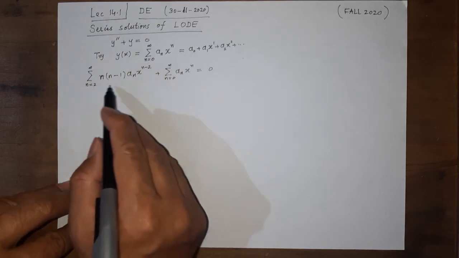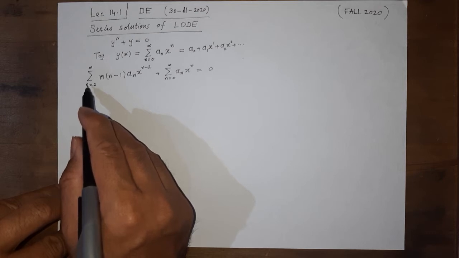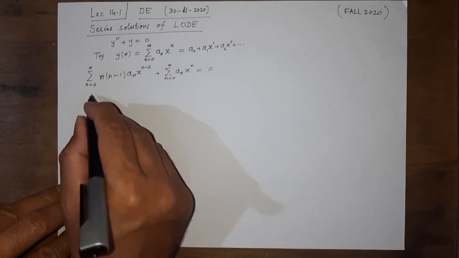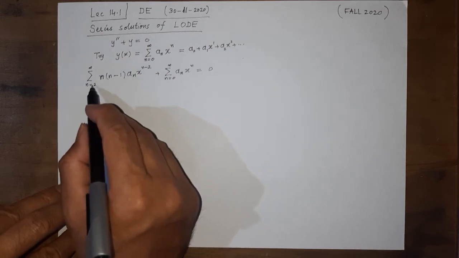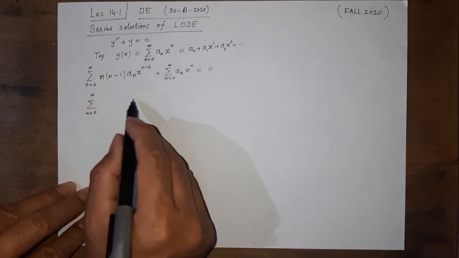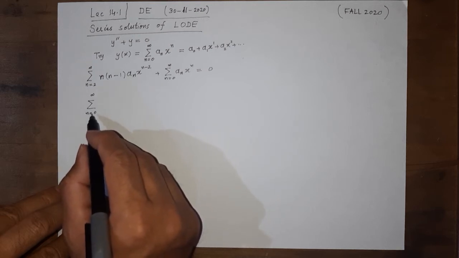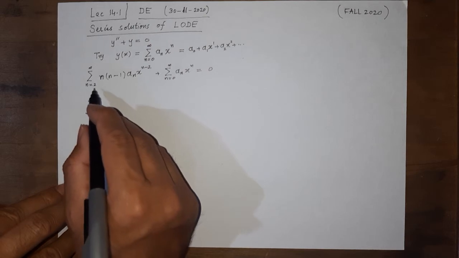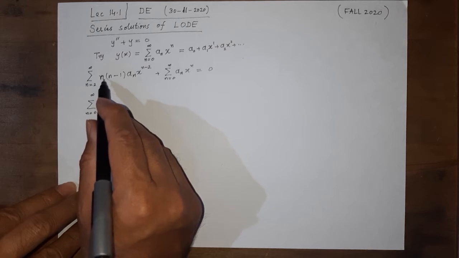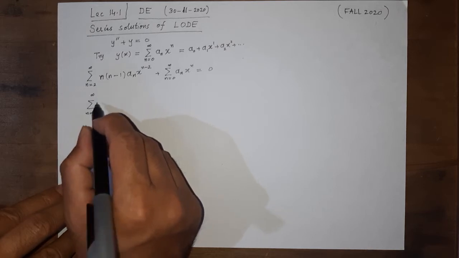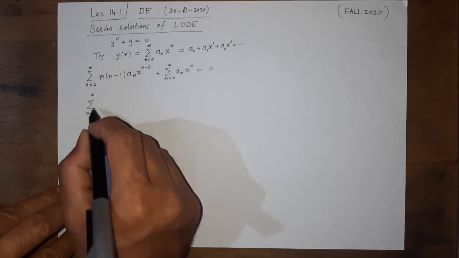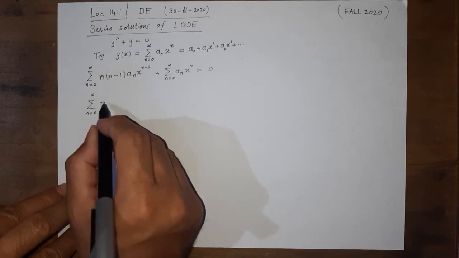We can rewrite this term such that it starts from n equal to 0 and goes up to infinity. The term where n is 2 should actually be produced from this expression for n equal to 0 as well. So if we replace every n here by n plus 2, we can write it with this summation. So n becomes n plus 2.